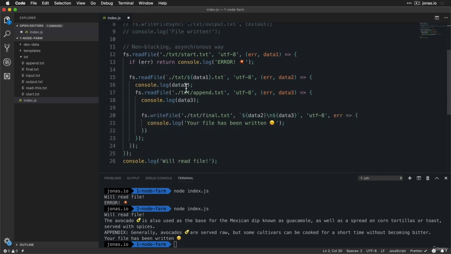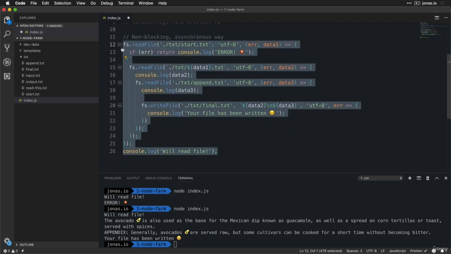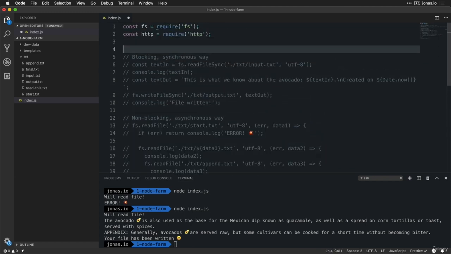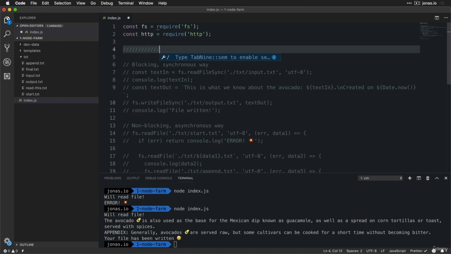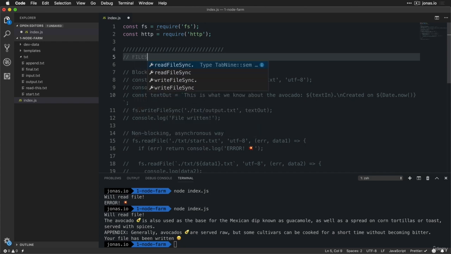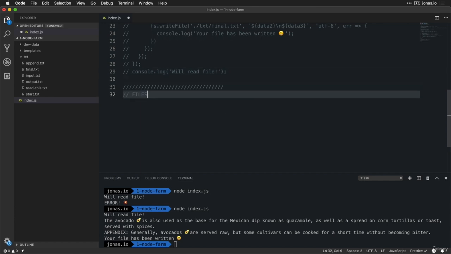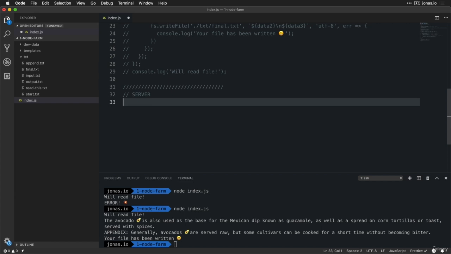Okay? Now let's actually comment out this code here so that it doesn't get in our way. Okay? So let's actually create kind of a divider here. So this one is for files, and this one is for server. And now, in order to build our server, we have to do two things. First, we create the server, and then second, we start the server so that we can actually listen to incoming